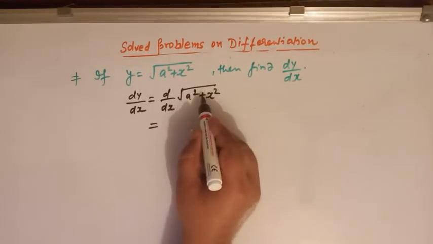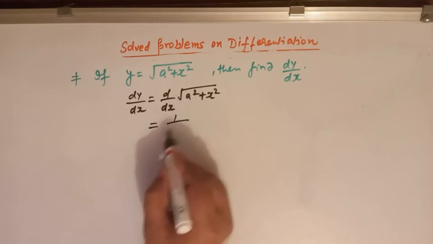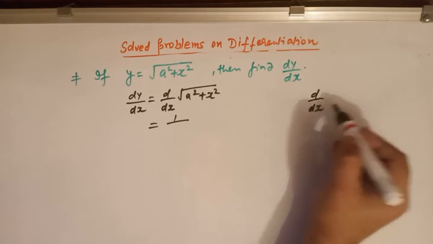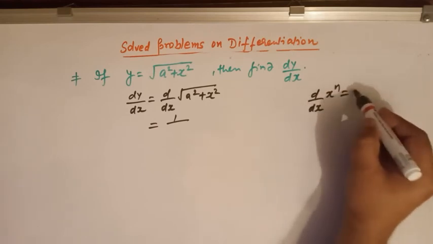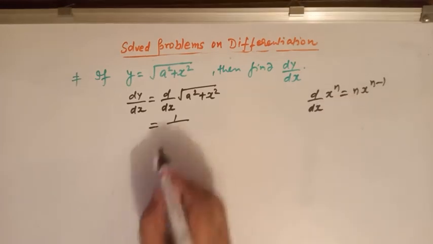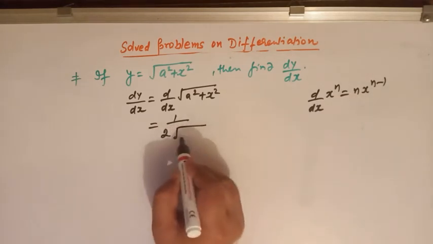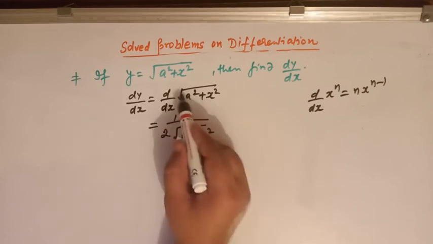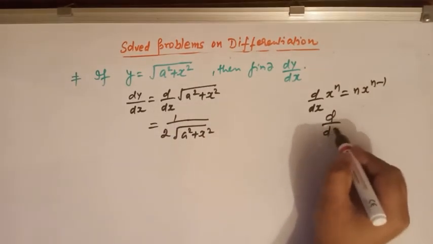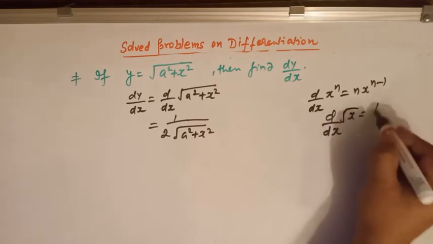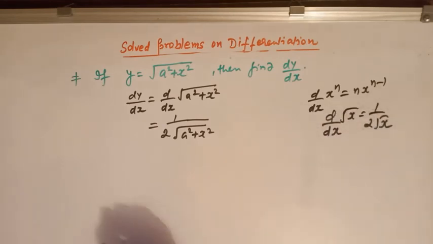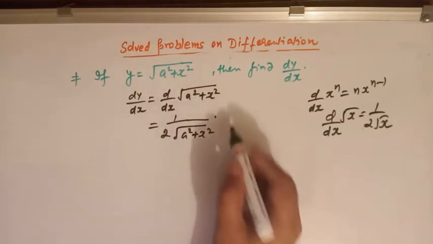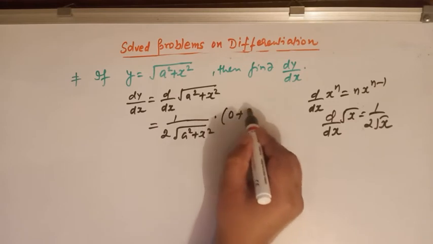Now we differentiate it by using chain rule and by making use of this formula, that is x raised to n, this is nx raised to n minus 1. So we have 1 over 2 square root of a square plus x square. This is the derivative of square root, because the derivative of square root of x is 1 over 2 square root of x. And then we'll differentiate this function a square plus x square, which is 0 plus 2x,